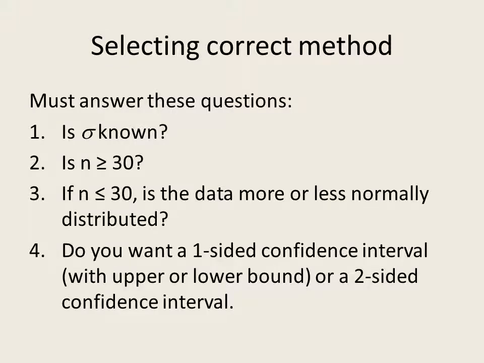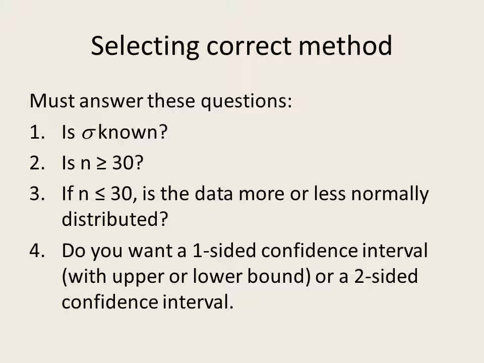How do you select which of those methods is correct? You must answer each of these questions. If you are told that you know the standard deviation or you know the variance, then you know sigma. So the first question: is sigma known? Then you have to ask: is n greater than or equal to 30? If n is not greater than or equal to 30, then you have to ask: is the data more or less normally distributed? And then lastly you have to ask the question: do you want a one-sided confidence interval,